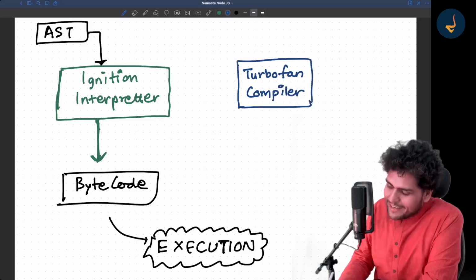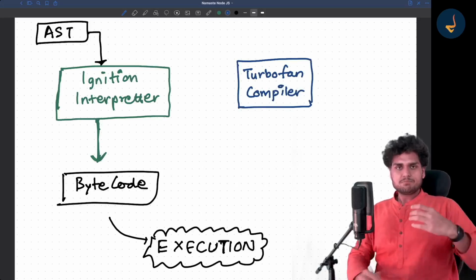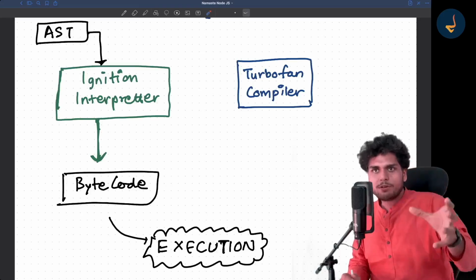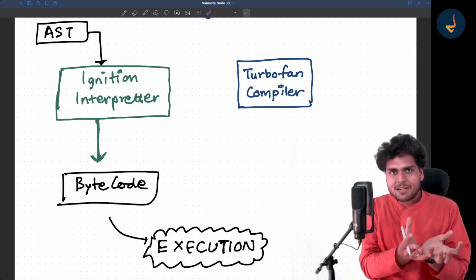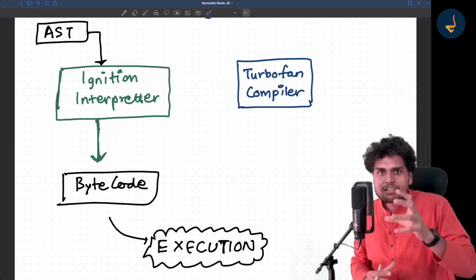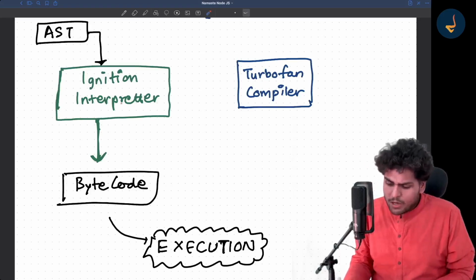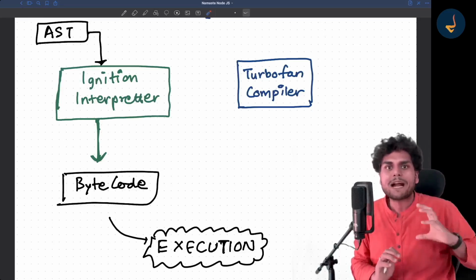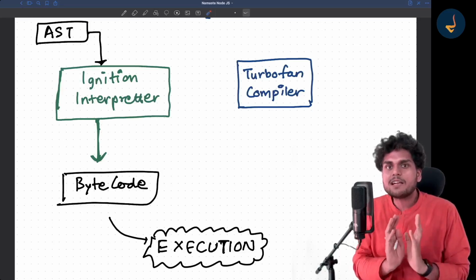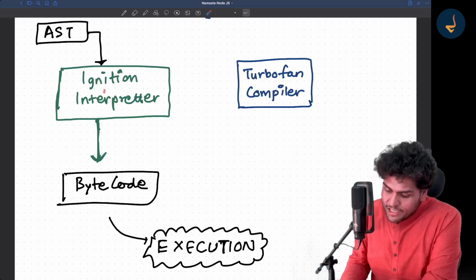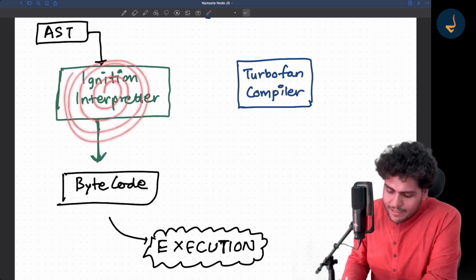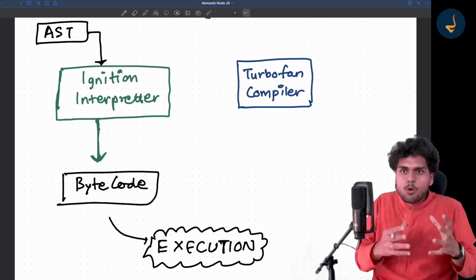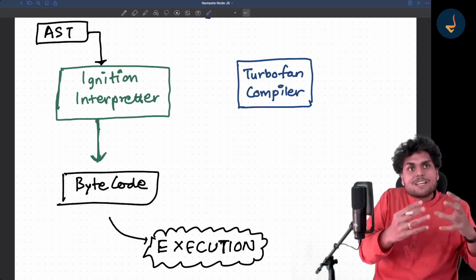Now, let me tell you an interesting story about JavaScript. Whenever you give your code, first of all, the AST is built. That AST is given to the ignition interpreter, which starts reading the code line by line and converting it into bytecode. While the ignition interpreter is doing its job, it recognizes some code which is used a lot.